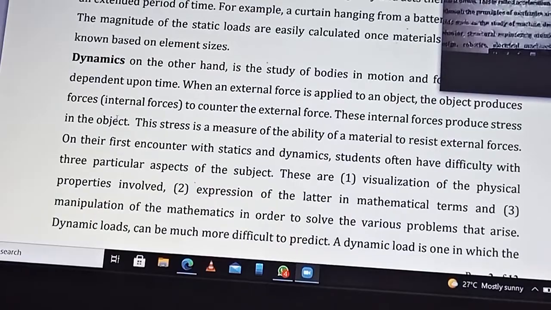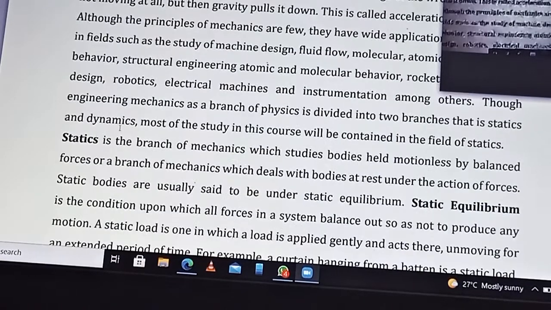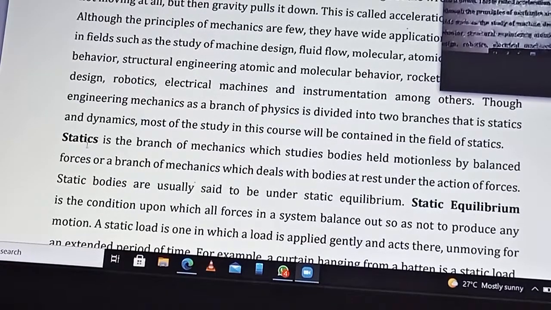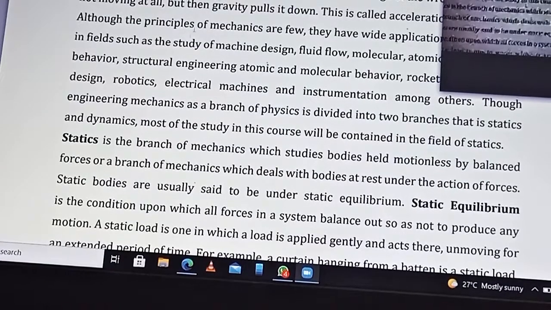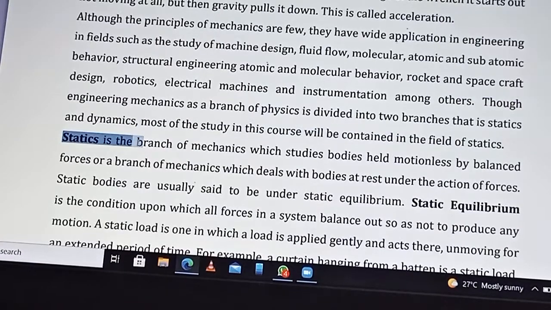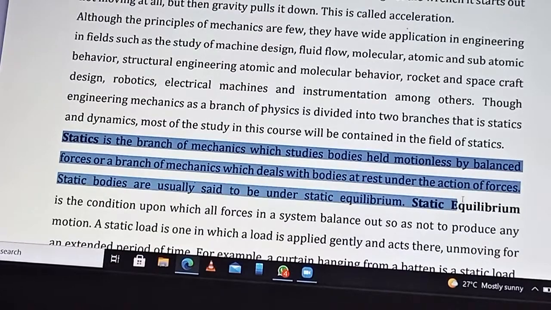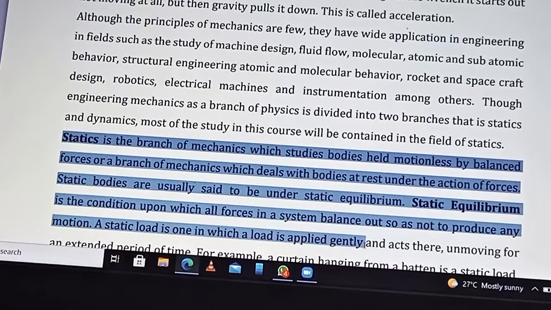So engineering mechanics is subdivided into two major branches. The first one being statics, which takes about 80 to 90% of this course. This is a course where we are going to study bodies which